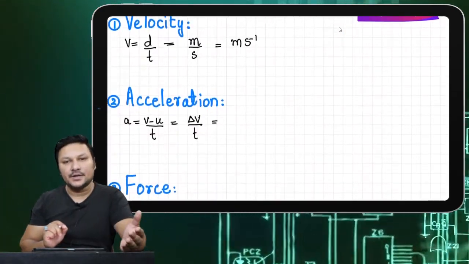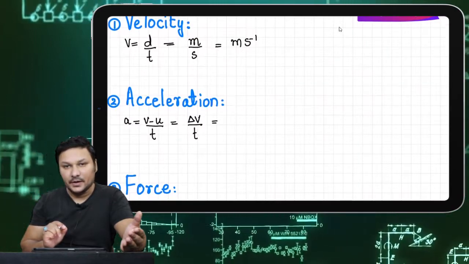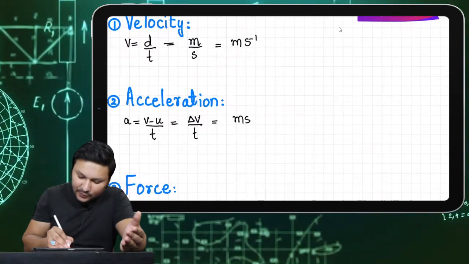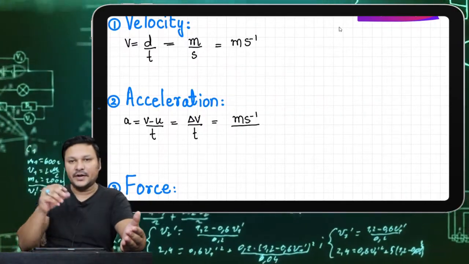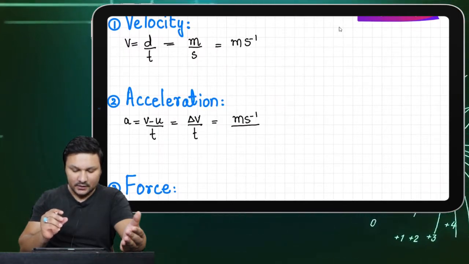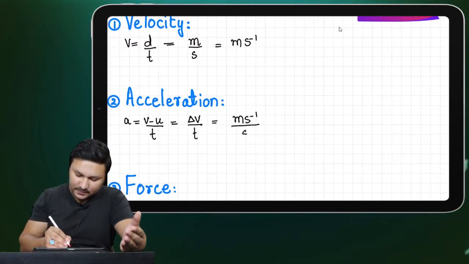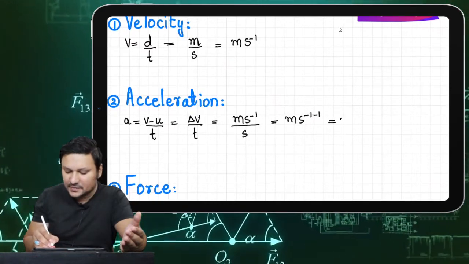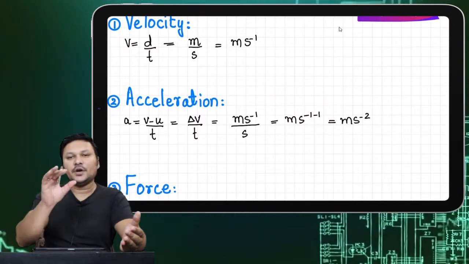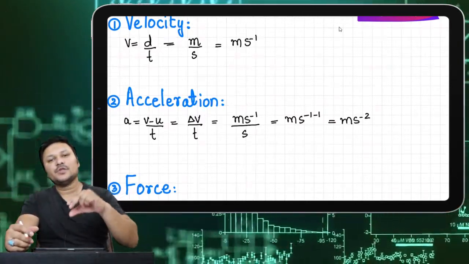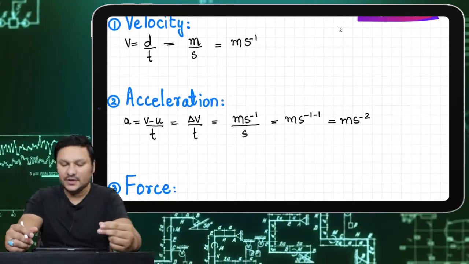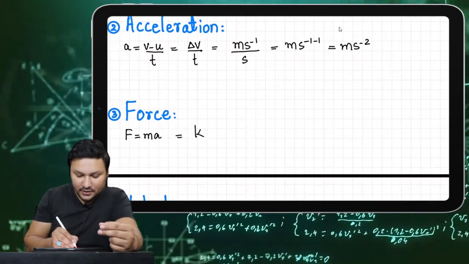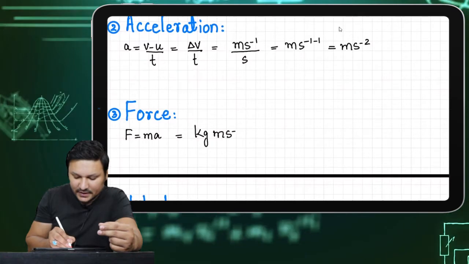Similarly, if you talk about acceleration, the formula is v minus u upon t, and the simplified formula is change in velocity upon time. As we have already found out the base unit of velocity, I have already written the base unit of velocity as it is. And nothing goes into the denominator, base is same, power add, it becomes ms minus 2. So the base unit of acceleration is ms minus 2, and I'll be using exactly ms minus 2 wherever the acceleration comes. Like here, F equals ma. Mass has base unit kilogram and acceleration has base unit ms minus 2.